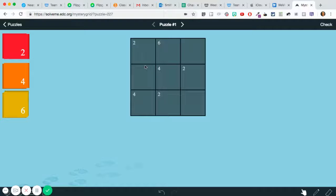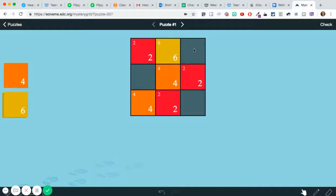The second rule with these puzzles is that in the upper left-hand corner of several of the cells, there's a number, and that's basically a clue. It tells us what number goes in that cell. So this would be 2, this one would be 6, this one would be 4, this would be 2, 2, and 4. Now, we don't know anything about these 3 cells, but we do know that we need a 2,